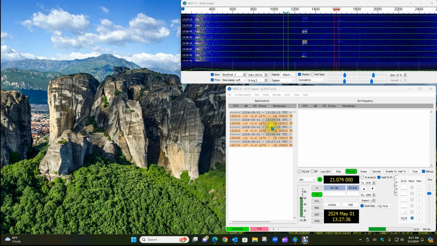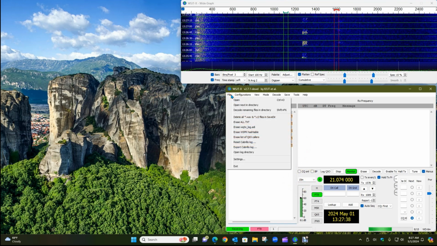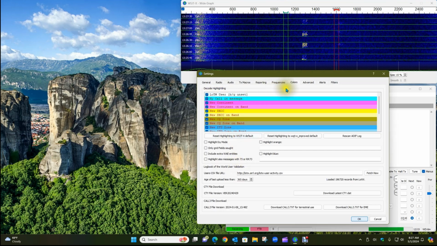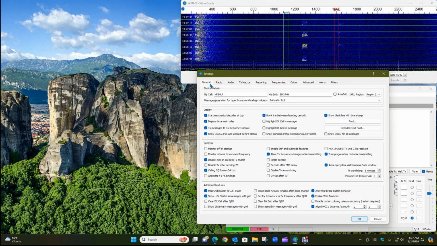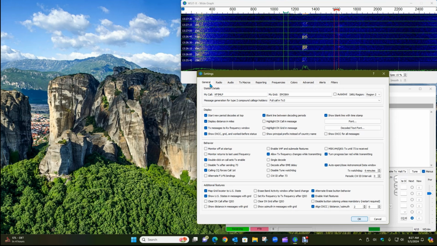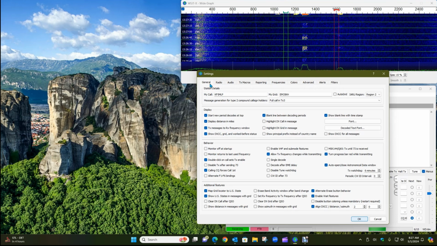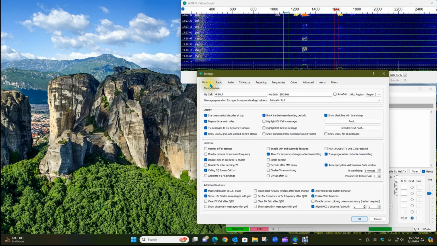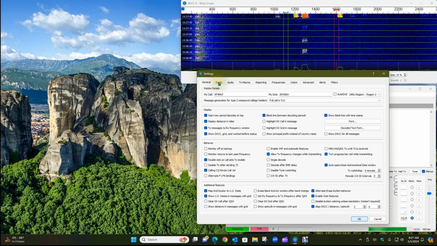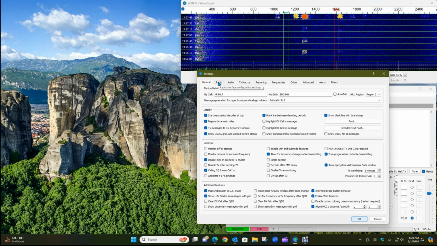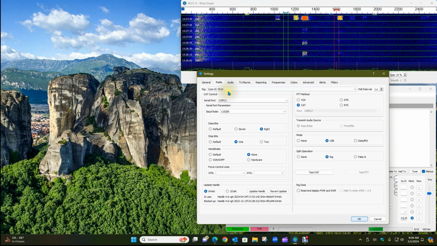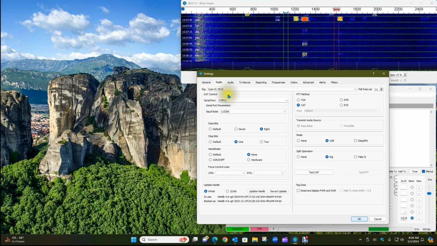It is working, and we'll come down here to settings. This is general, and in general I don't want to go through them all, but you can kind of take a look. You can stop the video and take a look at them. The next two are going to be important, and they are the radio, the rig I have here,